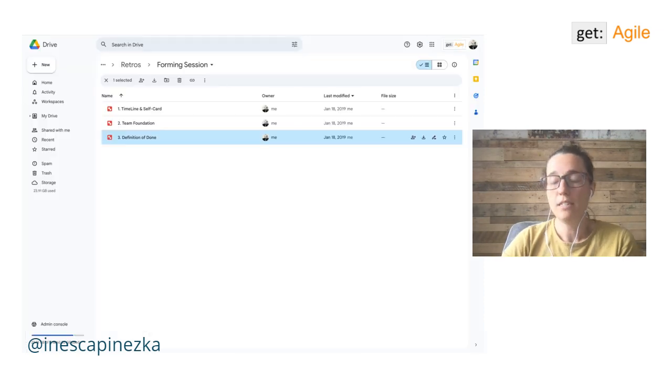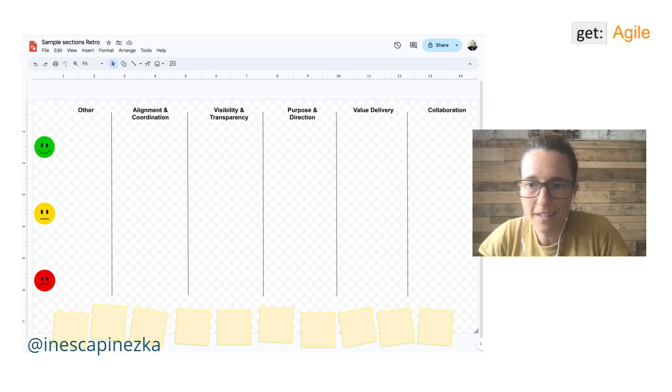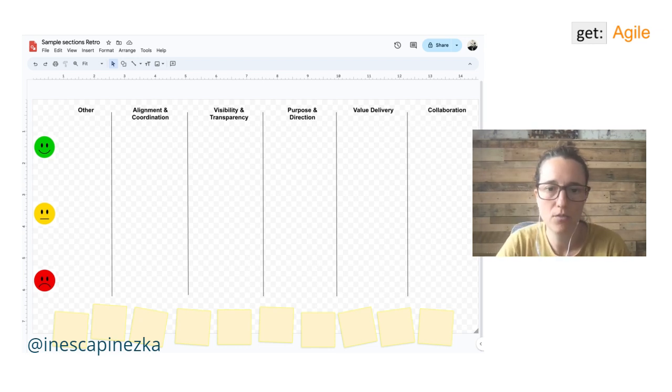All right, so some more examples of theme retrospectives. Here, a fairly basic structure. This retro, I think, is quite helpful to come together and look at where we are, how we feel we are doing as a team in terms of our coordination, our transparency, our direction in terms of the delivery of things and their value, and also how we can collaborate. So it gives a structure with different buckets, where we want to know where the feel of everybody is and how we can make it